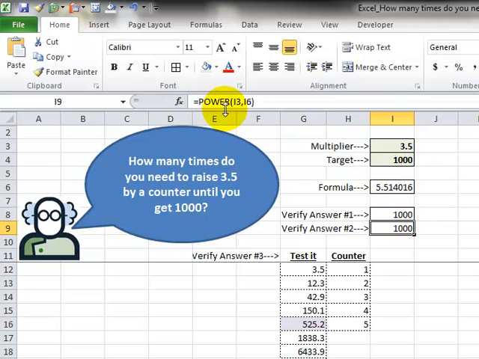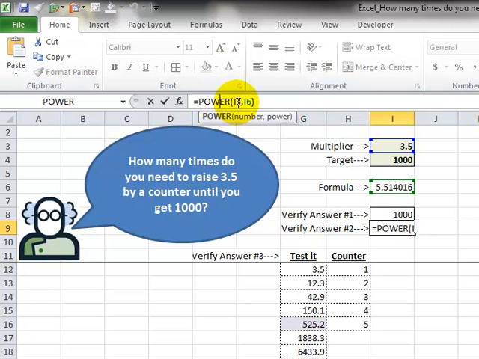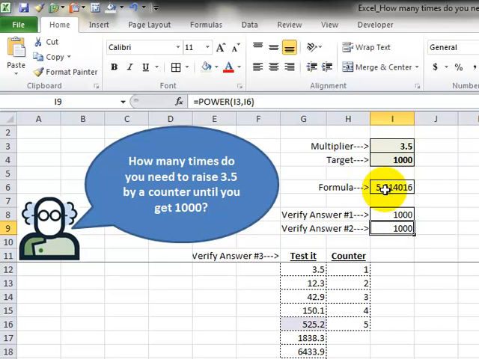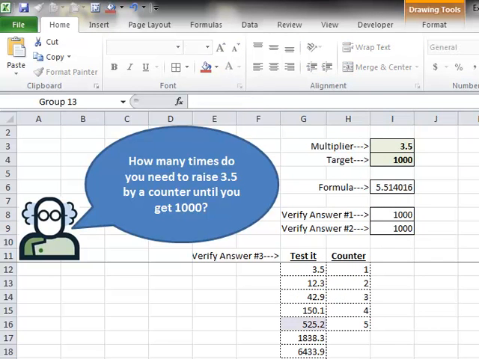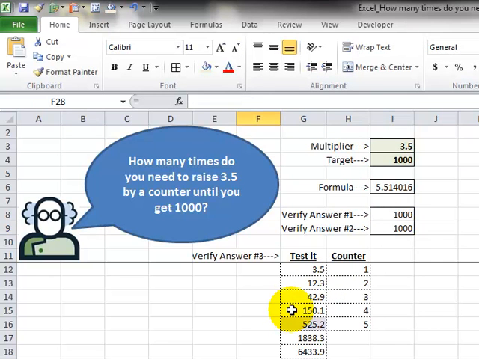We could also use Excel's power function and say the number is in I3, 3.5, and the power is over here in cell I6, which is 5.51. That also works. Another way to do it, though, to help see the step-by-step method, is by going over here and saying,